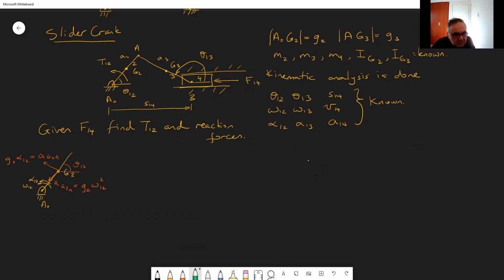Let me draw that. This is G2x, and this is. Let me try to write AG2x equal to, well, minus G2 omega 1,2 squared